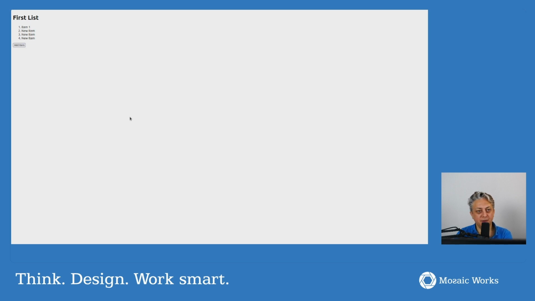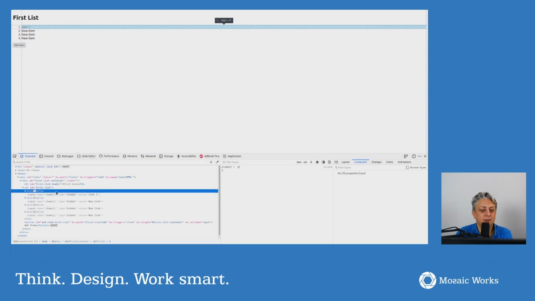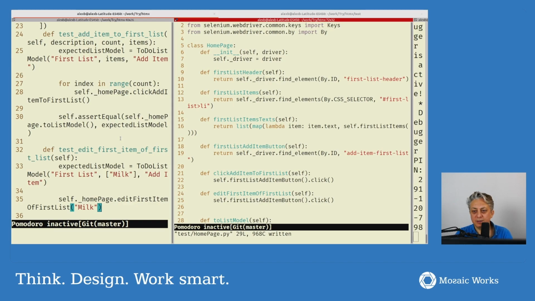So what we'd like to do, if I remember correctly, let's see which. This is li. It doesn't have an ID, so we'd have to pick it by the first li. I think we have the items and then I can click on it. If I remember correctly, yeah, we have first list items, first list items 0 dot click. Okay, we'll just do first item equals this. I think it's safer. First item dot click,